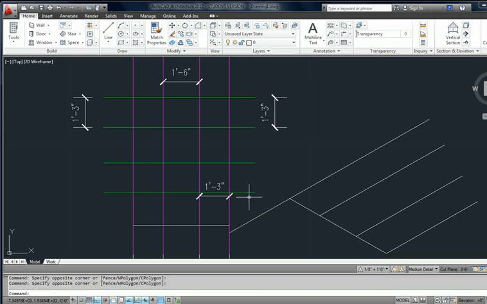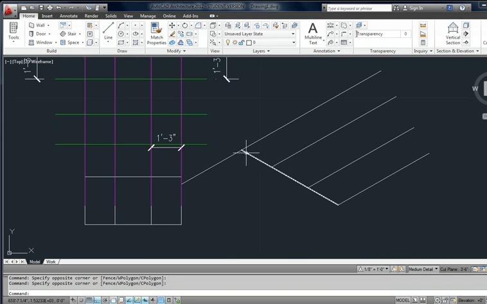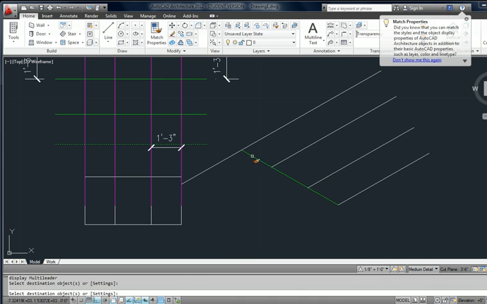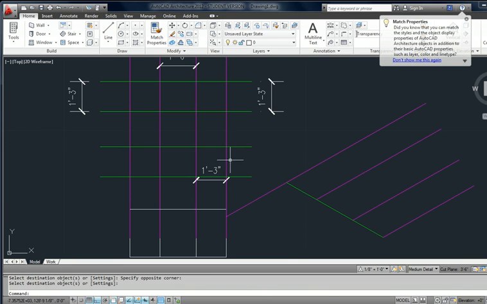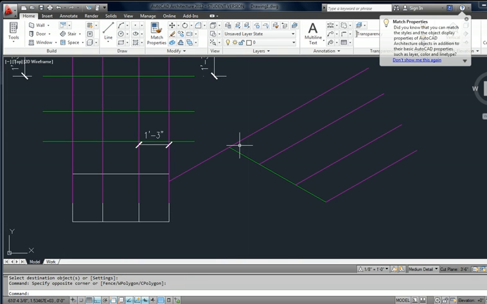So now I need to offset and create the grid according to what I see here, which is represented with the green lines. That green line is there. The magenta is there. So now I need to offset this line to that line 1 foot 3 inches. So type in O, enter, 1 foot 3 inches, enter. Select that line, the green line, move it over to the right,